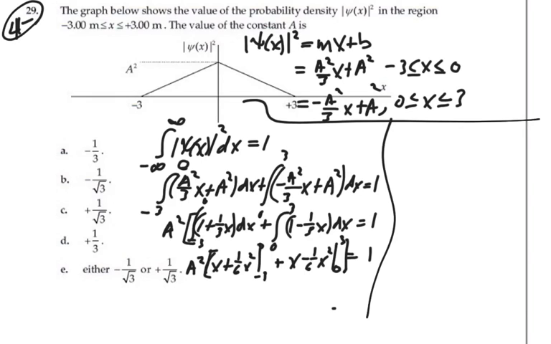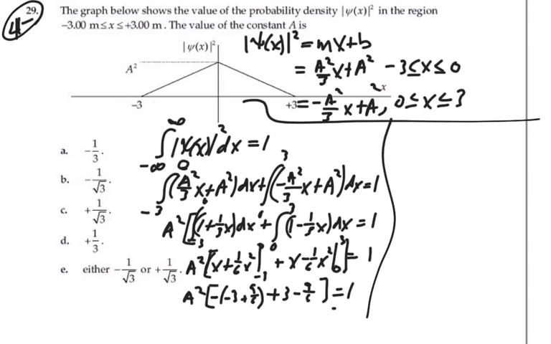So this will be a squared times 0 minus, -3 plus 9/6, plus 3 minus 9/6 equals 1. So that's going to be 3 plus 3